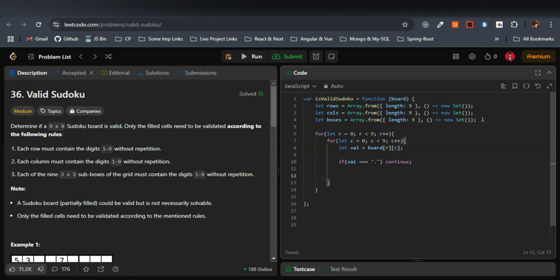So after skipping the empty cells, we have to calculate the index of the 3 into 3 box for the current cell. How can we calculate? While discussing the approach, we discussed the formula to calculate the index of the 3 into 3 box for the current cell. So I'll just give here